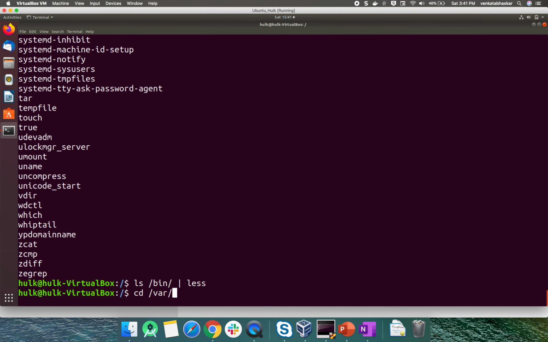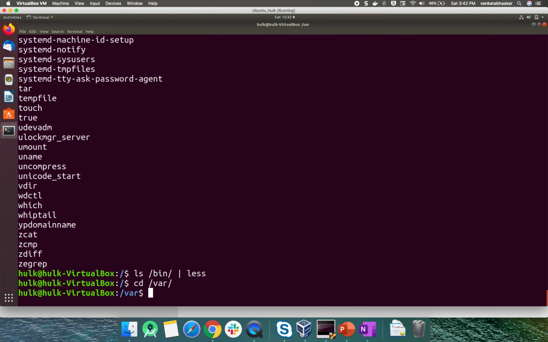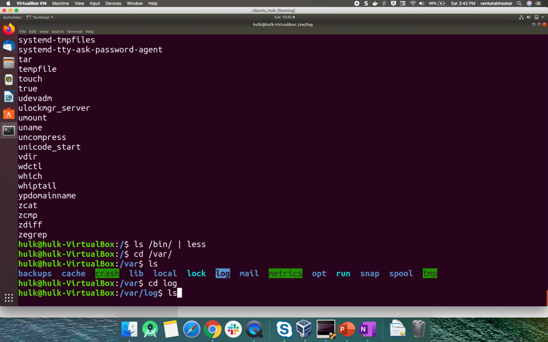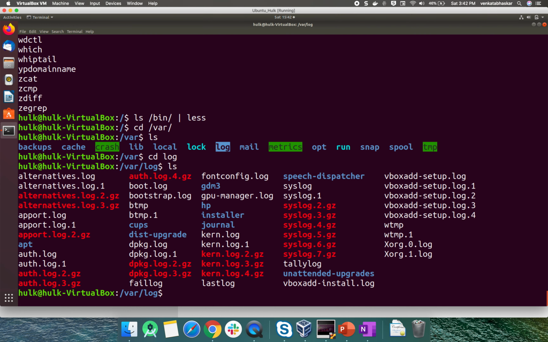Click on enter. If you do the ls command, we have some folders, right? In the var folder there is a log folder. Just navigate inside log and do the ls command. Now you are seeing a number of log files, right? If you want to see some data, how can you do it? By using the cat command.